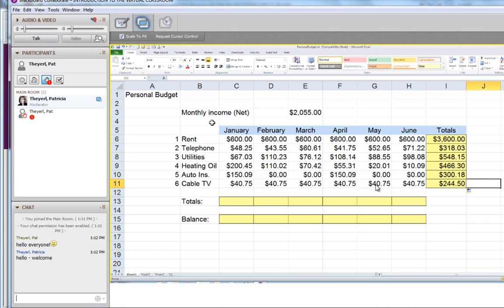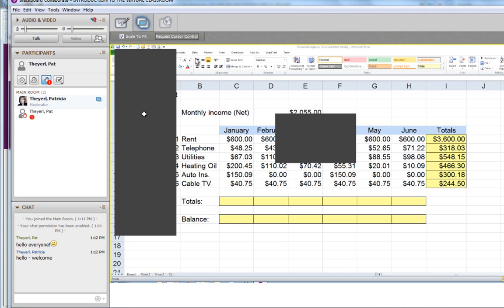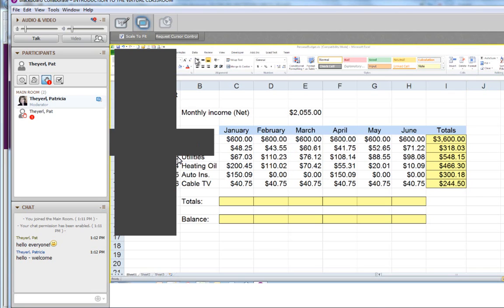I've given you the ability to help me with this spreadsheet, but you have to request the cursor control. That has just popped up on my screen, and it's saying that a student has requested control, and I am going to allow that. So I've clicked yes,